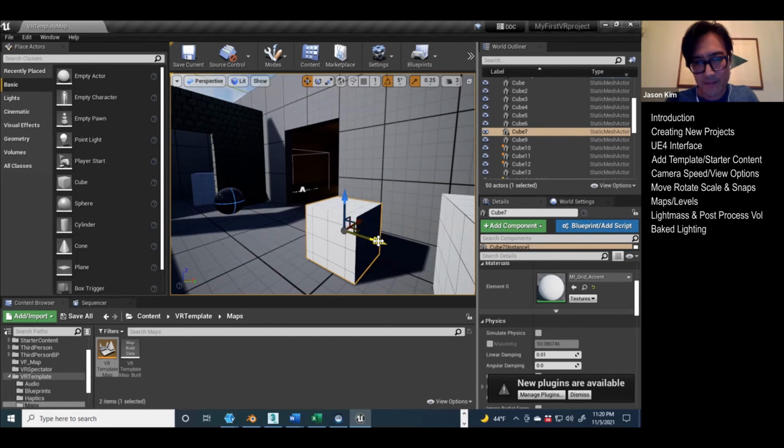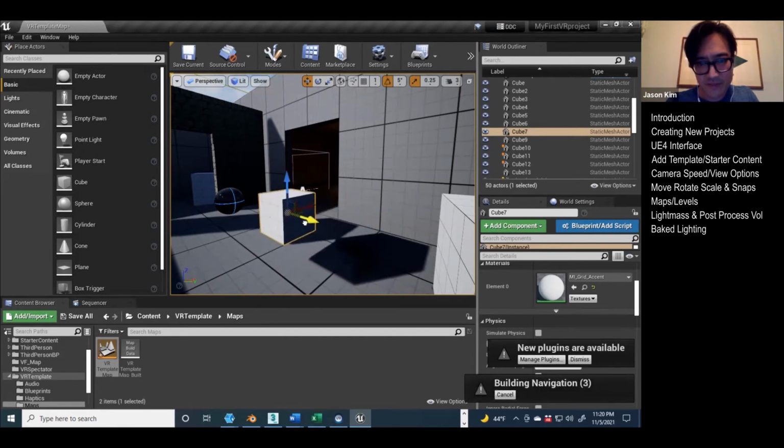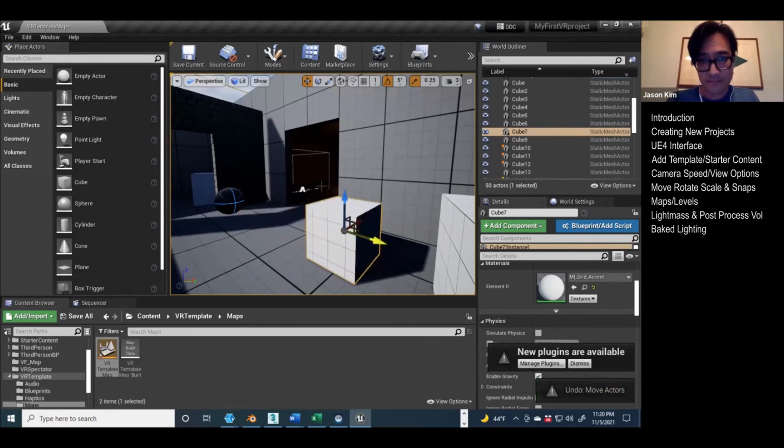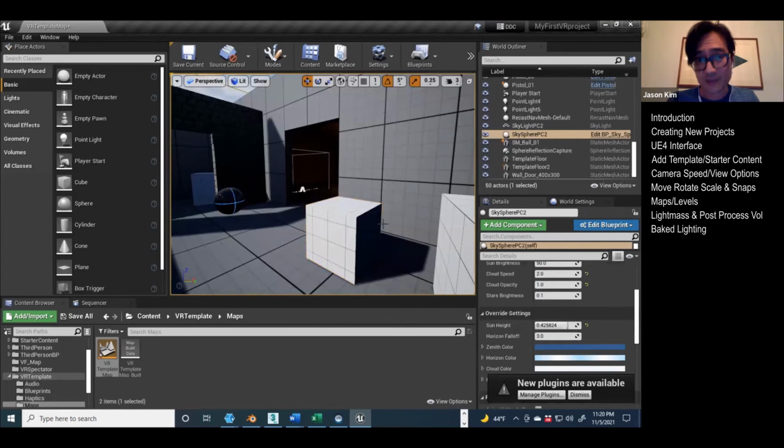So if I take this box and move it, you can see that this box is casting a shadow from the sun, but the shadow that was baked doesn't move. At some point when the light bake was done,